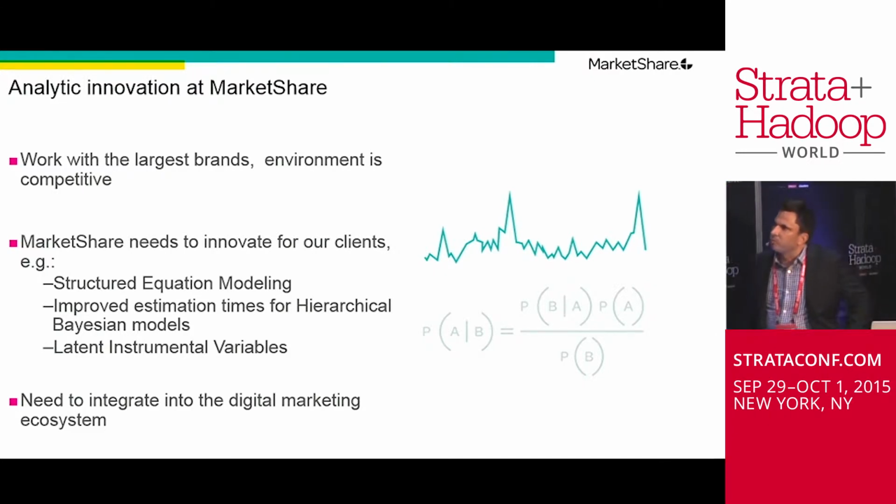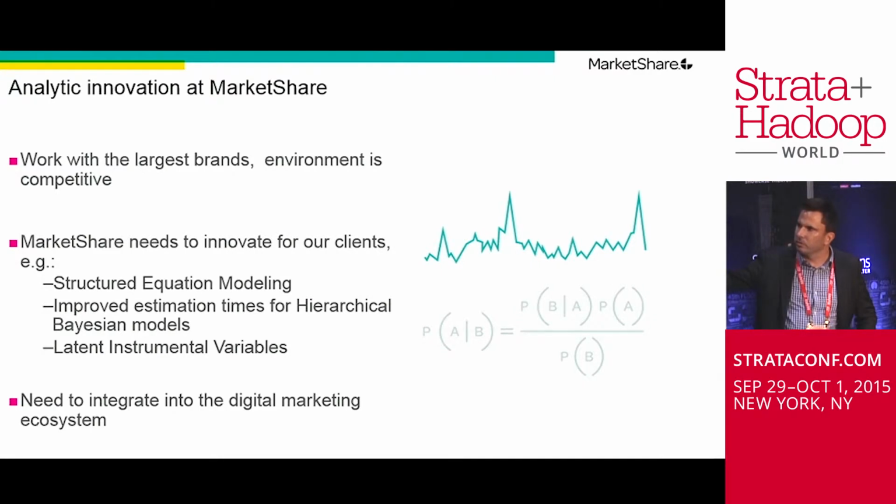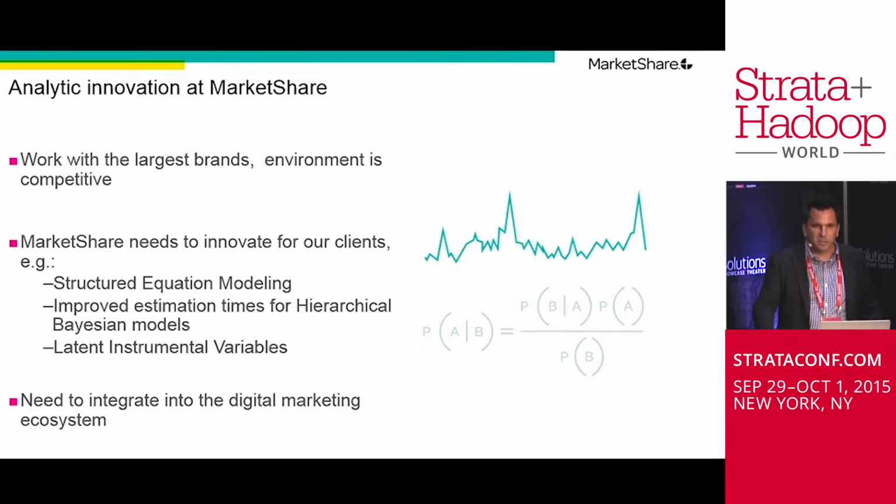Some of the things that we've been innovating recently from the statistical point of view are structural equation modeling, so that's different ways of looking at how marketing is working over time. Also hierarchical Bayesian methods, so that's looking at different ways of modeling customer behavior. And then latent instrumental variables, which is a way of dealing with heterogeneity. I guess these are all quite technical statistical things, but these are some of the things that we've been